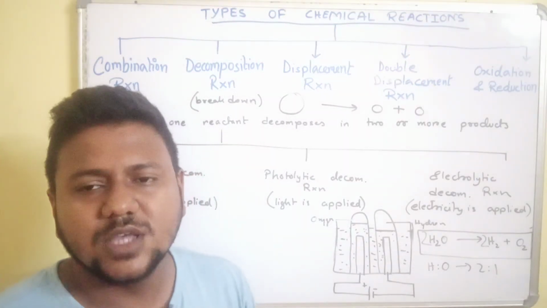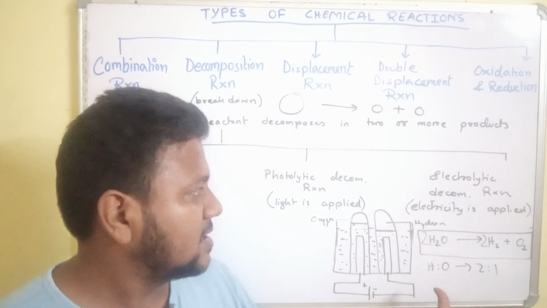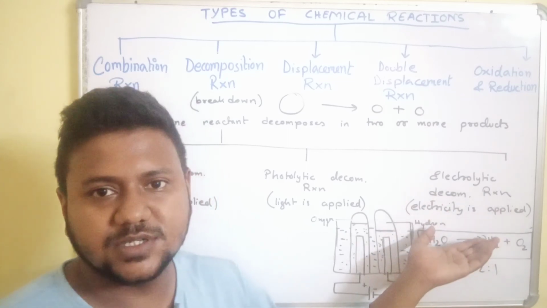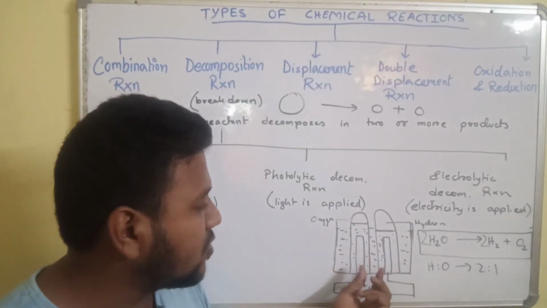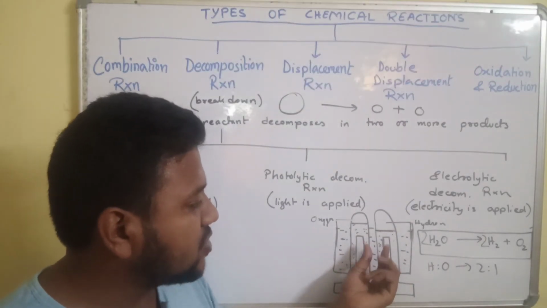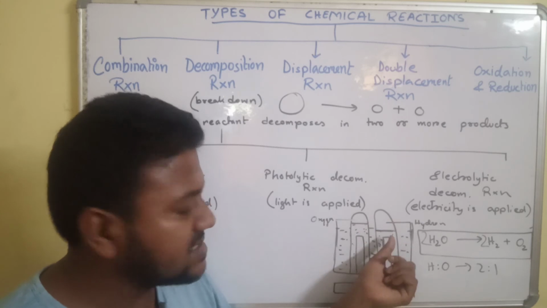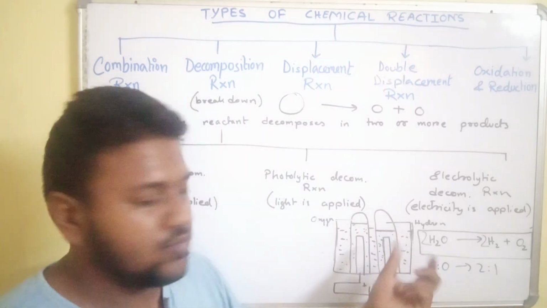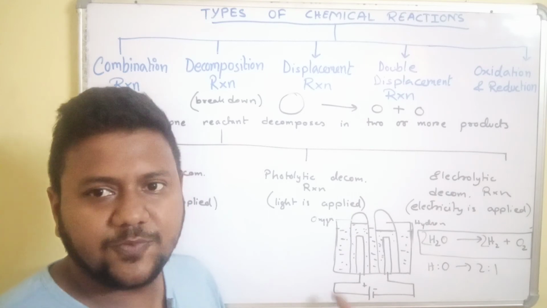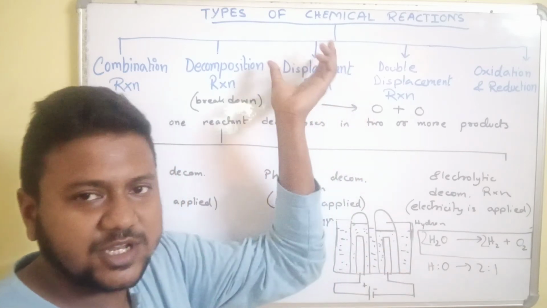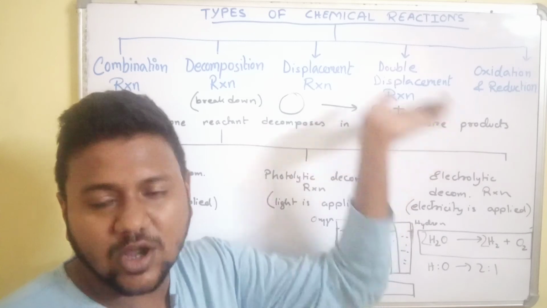So this is an electrolytic decomposition reaction. It happens by the passage of electricity, where the two electrodes release the respective gas at their electrodes. We will discuss electrolysis later if you have any problem. For this decomposition reaction,